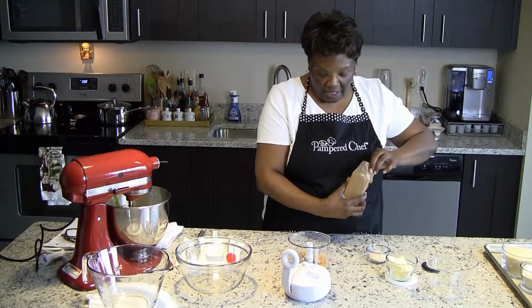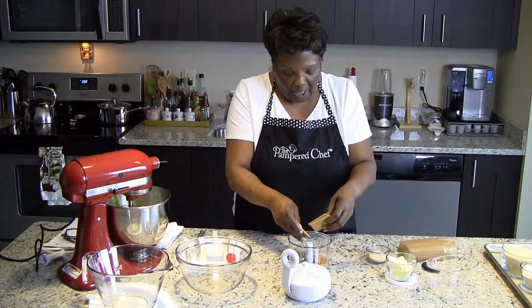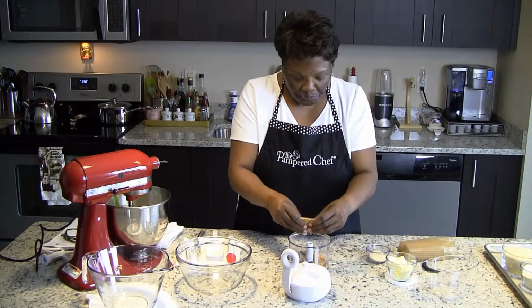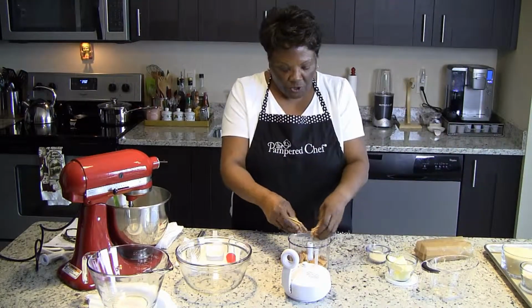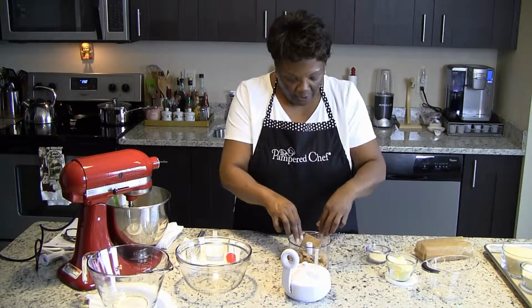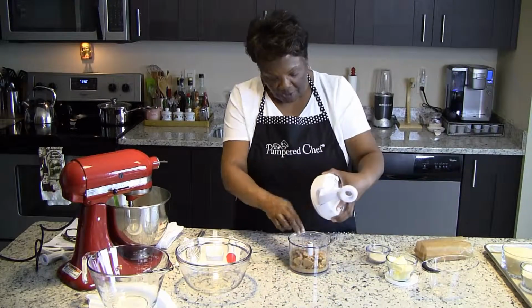I'm going to go ahead and add in some of my graham crackers for my crust here, because the recipe called for 12 graham crackers. So I'm going to go ahead and add those in to the food processor. Just break them up like so and place them in here. Then you're going to put your lid on top